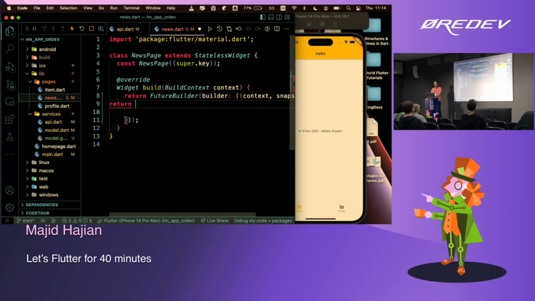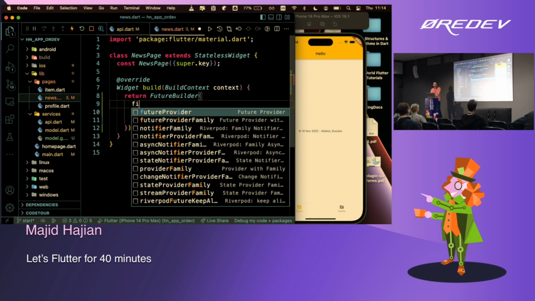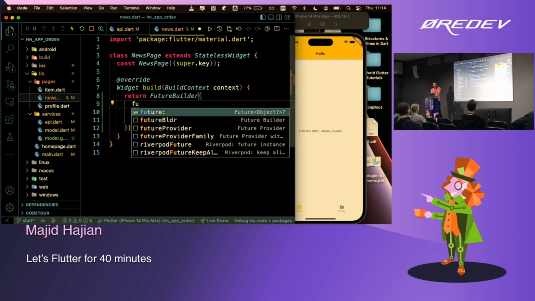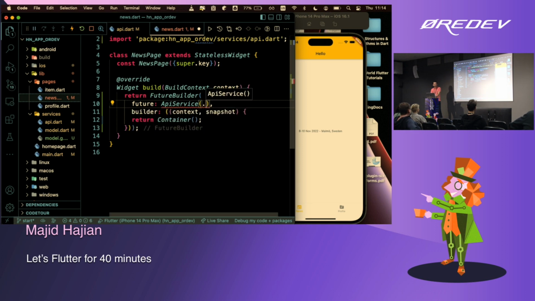Let's just return nothing at the moment, or an empty container. In front end, a div is similar to a container in Flutter, so that means a div. And you can do literally everything with a container, turn it into anything that you want. So at this point, the only thing I need to do is to give it my future, my request. And that's going to be my API service and get latest. That's it.